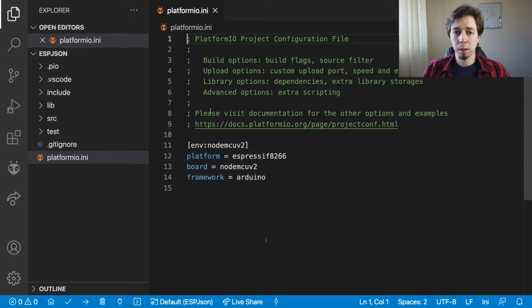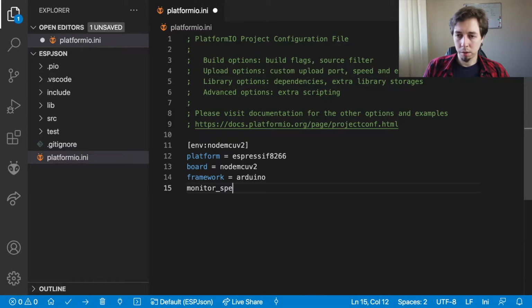Okay, the first steps are gonna be the same like in, I think, all of those videos about file system and web servers and clients, everything like that, right? Today we're still gonna use file system, but this video is not really about file system if you think about this, right? Parsing JSON and creating JSON with ArduinoJson library. It's not really file system, but we're gonna need file system for HTTPSClient, for example. So yeah, but first things first, and that is gonna be monitor speed